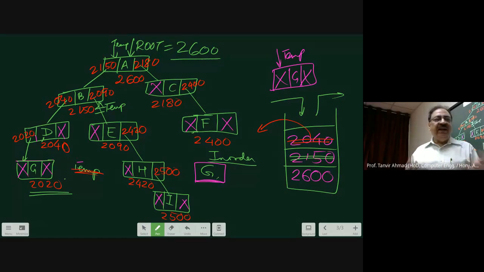If G would have had a right child, what would we do? I will follow the G right, and then I will push that address also.